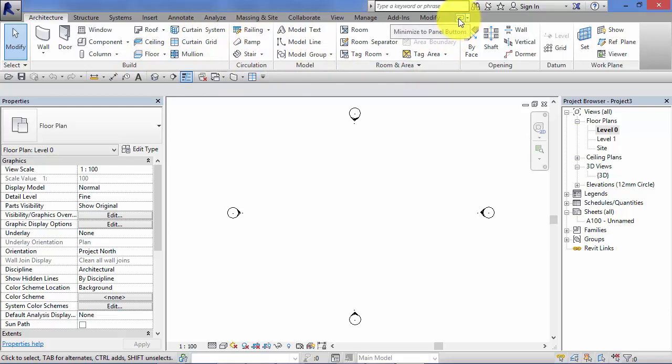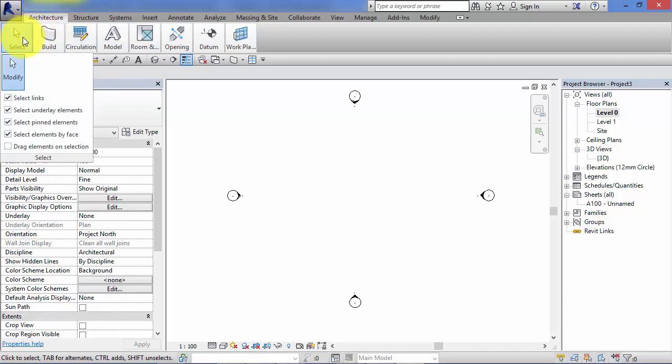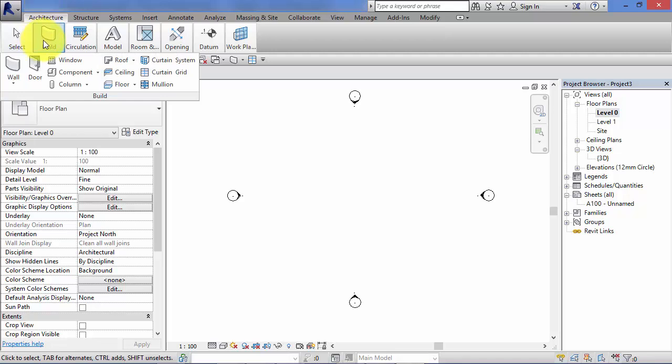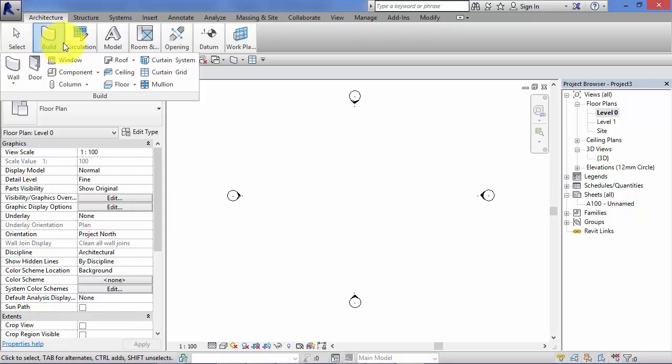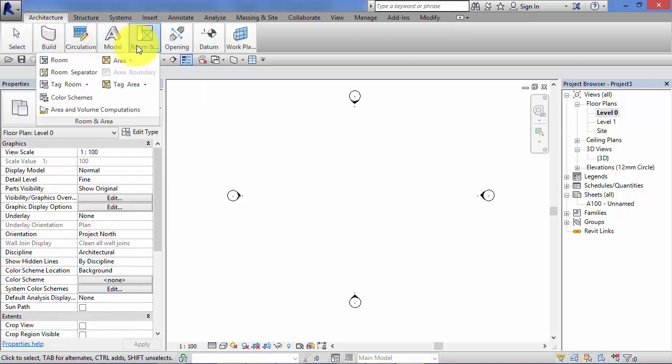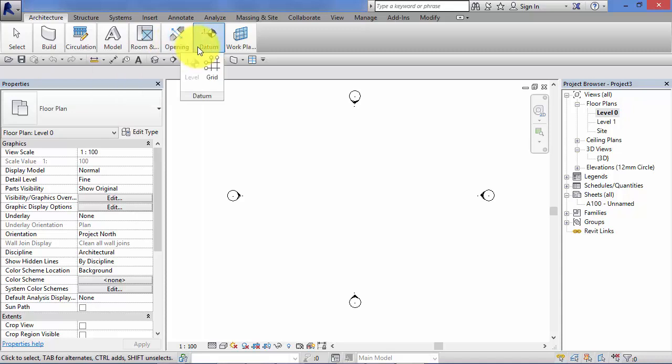If I click on this little button over to the right hand side, what it's done now is collapsed the ribbon to a certain extent, so we can still see all the menu tabs, and now what we can see are all the panels with a panel name and the panel icon. And as I hover my cursor over each one, I can actually see the full extent of the panel and the tools. If I click that button again,